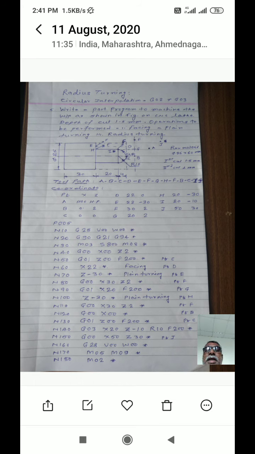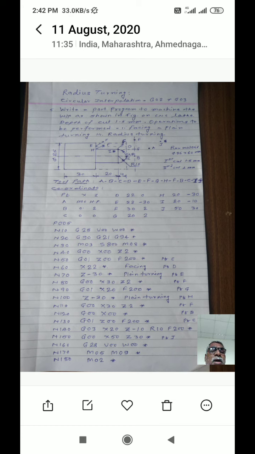You have to start the next operation from point C for radius turning. Now here for the third operation, C is your starting point for the radius turning. So you have to bring the tool from F to B with rapid traverse, and from B to C you have to move the tool with the linear interpolation function, that is G01, mentioning its coordinates. The C point has the coordinates X0 Z0.